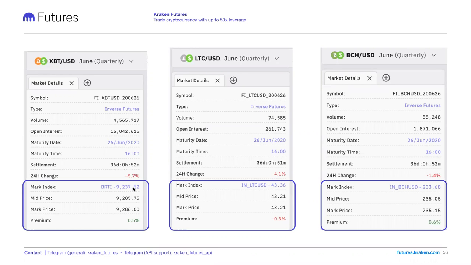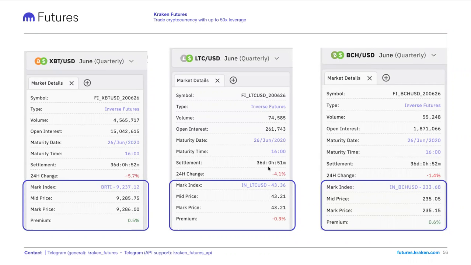So what the market was actually saying is that between now, whatever date this was, 36 days before the contract expired, and the expiration date, we expect the Bitcoin price to go up by about $50. The premium is the difference between the two. So we expect the Bitcoin price to go up by about 0.5%.